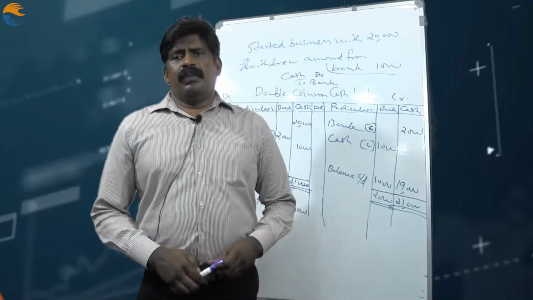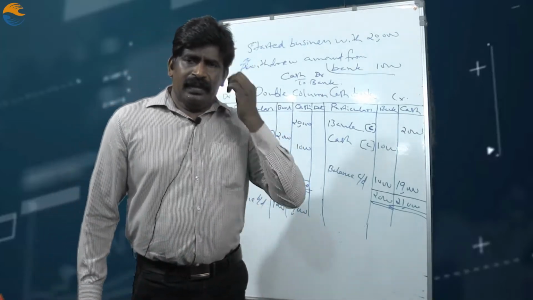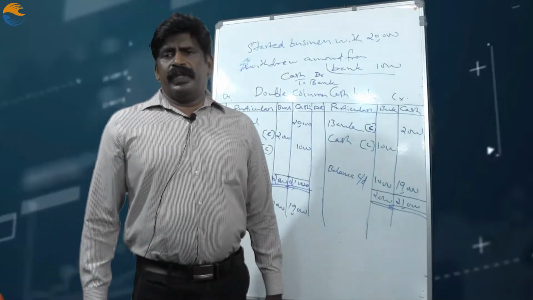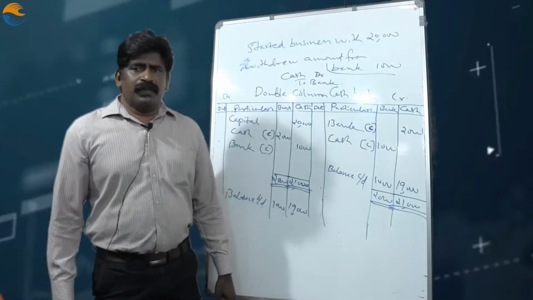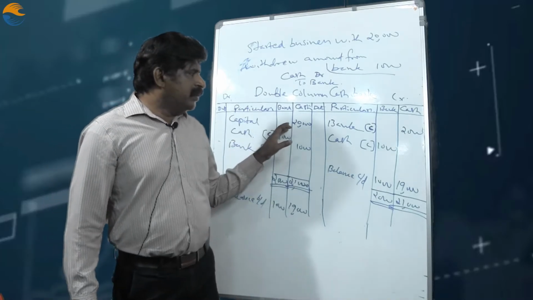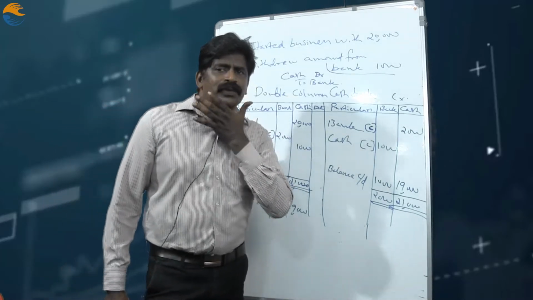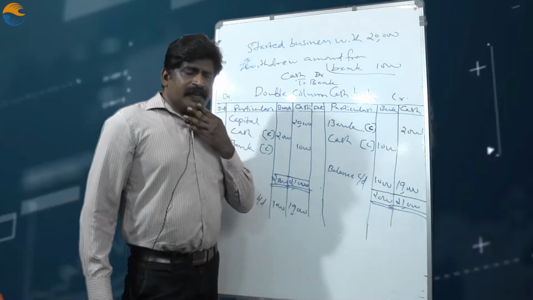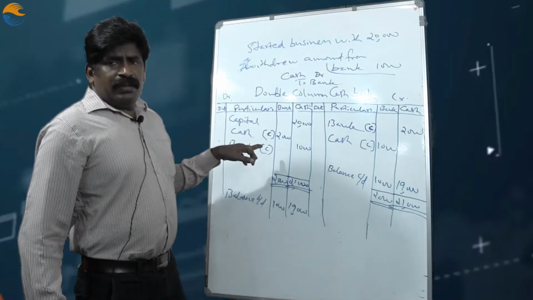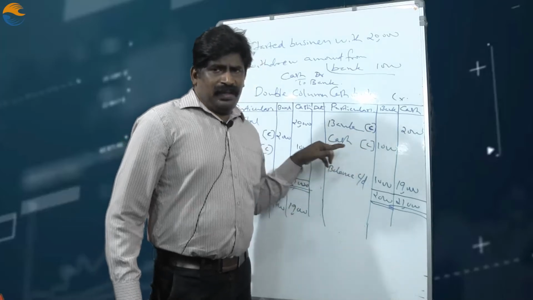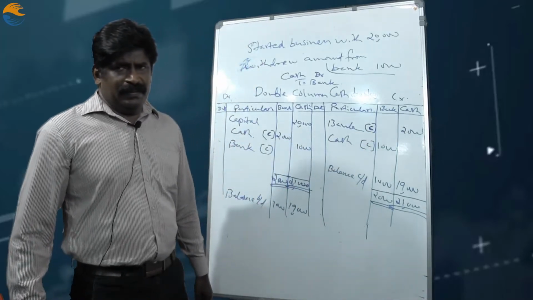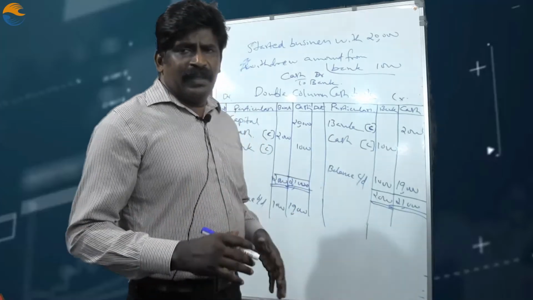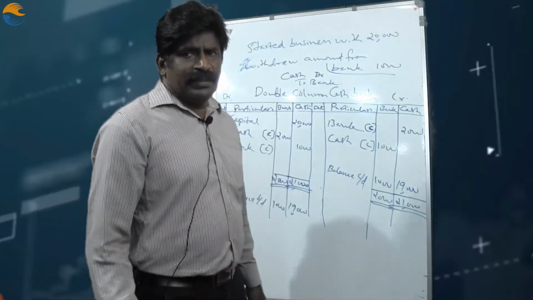So that's all with the process of preparation of a double column cash book. The main points to be considered while preparing a double column cash book are that there will be two amount columns on both sides, and we should show the contra entry signal while writing the same journal on the debit and credit side of this cash book.